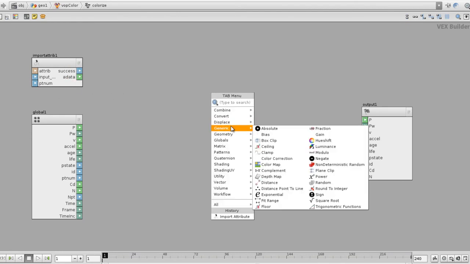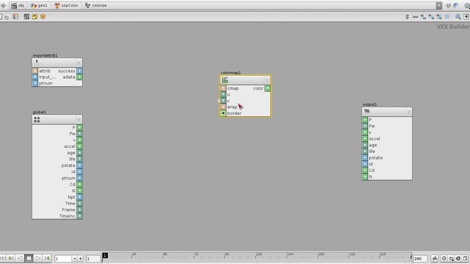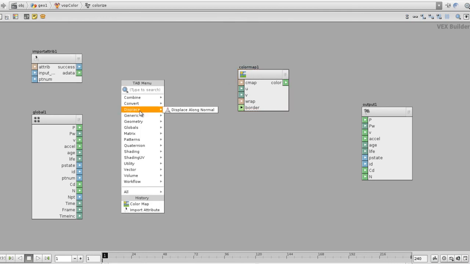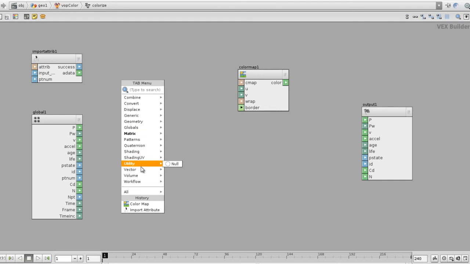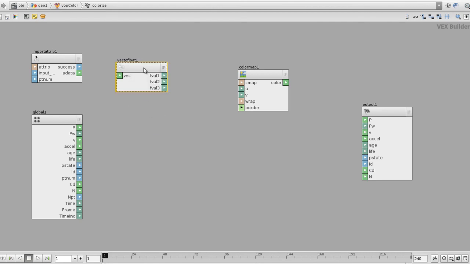But in our case, since we're going to be using a color map, I'm going to drop that down, which needs float values from the green color over here, which is a paler green, not as bright as this one, which means a float. I'm going to break down the vector into floats, which I can do by converting the vector to a float, or coming to the vector and saying vector to float. Same thing. Now it breaks down the vector into the proper components of the UV data, which is U, V, and W. But we're only going to be using the